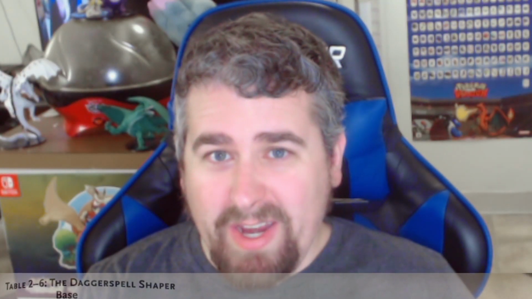Now let's talk about what you get as a Daggerspell Shaper. First off, d6 hit dice. Not terrible. It's not the greatest, but it's not the worst. Have an average base attack bonus, so that's alright. A good reflex and will save, but a bad fortitude save, so it is what it is. For skills, you have 6+ Int, which is pretty big, and on top of that, your skill list's pretty solid. You have all your caster skills, so that's really important, plus just some really good skills that you would expect